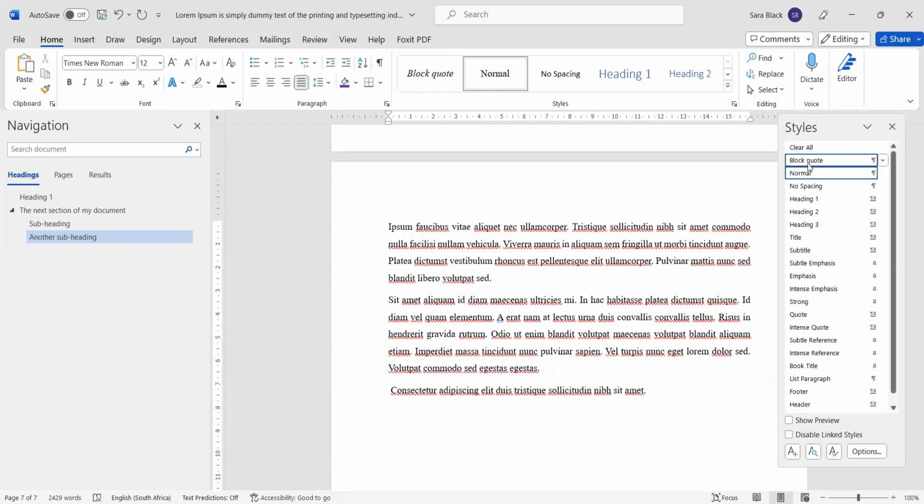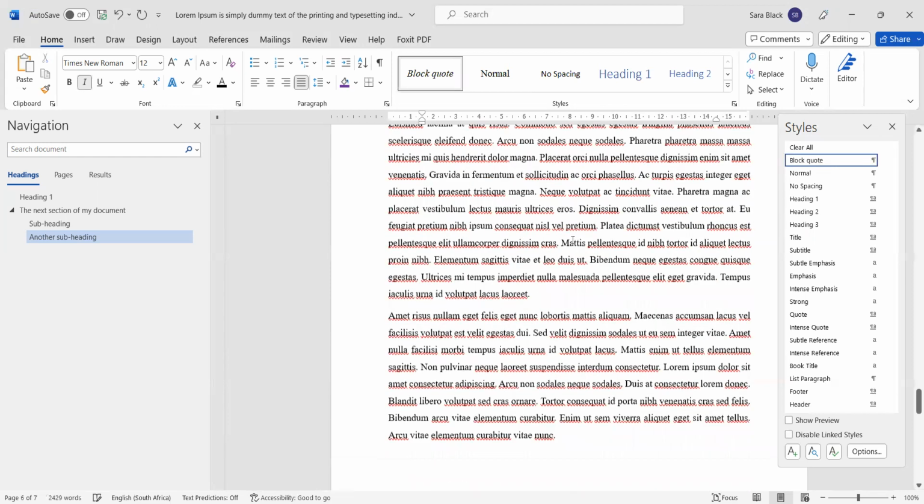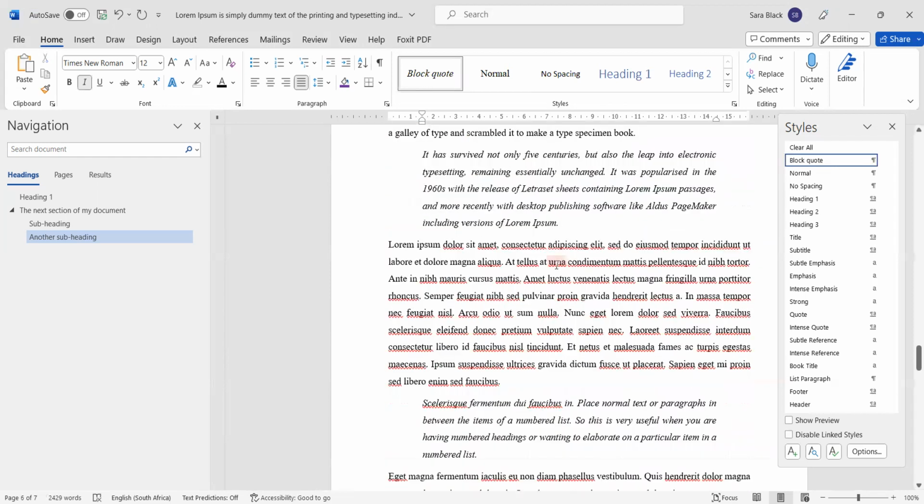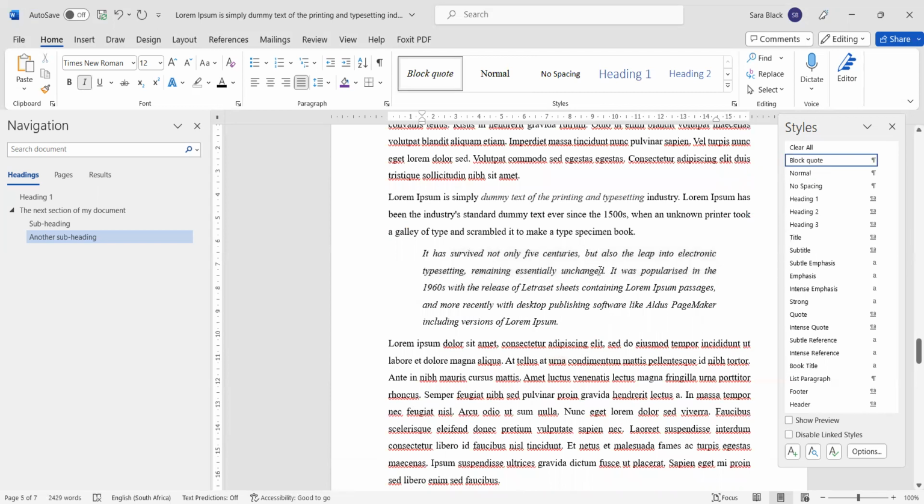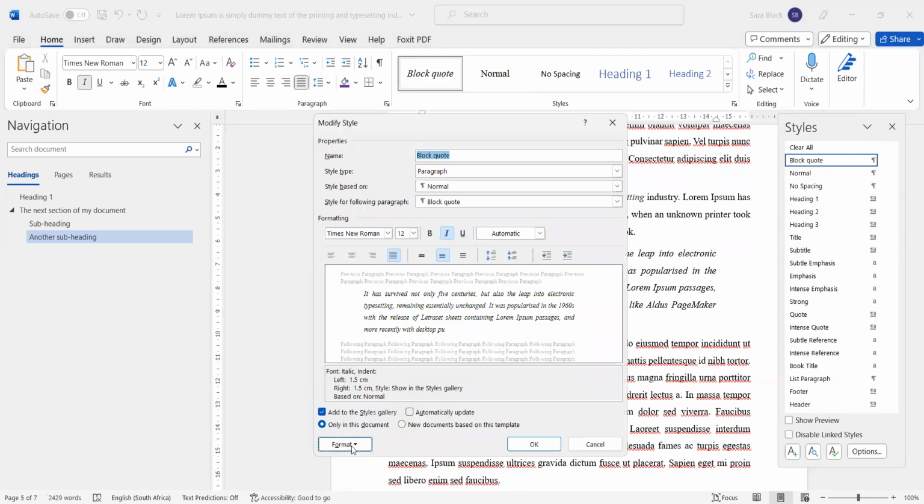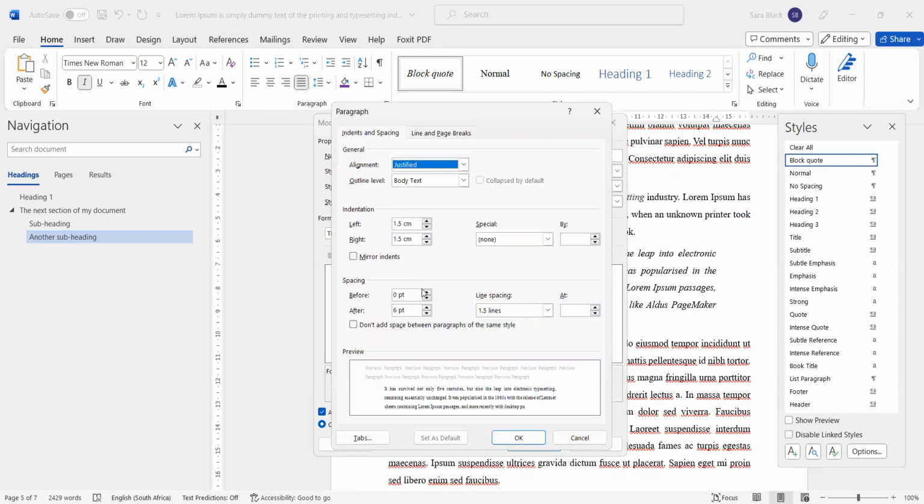I want this to be a block quote. And then I decide, oh, you know what? These block quotes don't look quite right. I want the line spacing to be a little bit tighter. I just go to my block quote style. I go modify. I go format paragraph. And I'm going to go to line spacing and go,